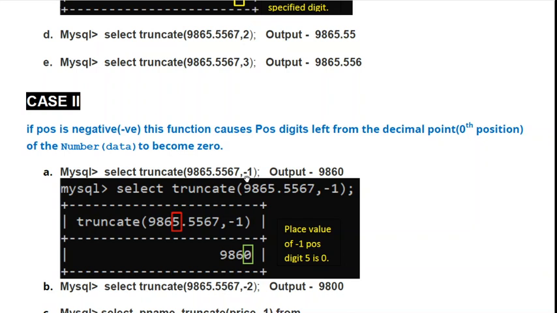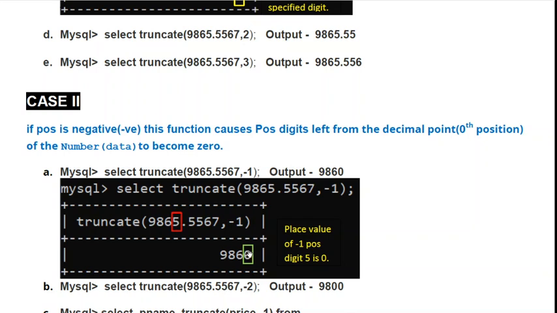Minus 1 means we are specifying the position value. Minus 1 means one digit before decimal, that is 5. So it will replace this 5 with 0. So the output is 9860.